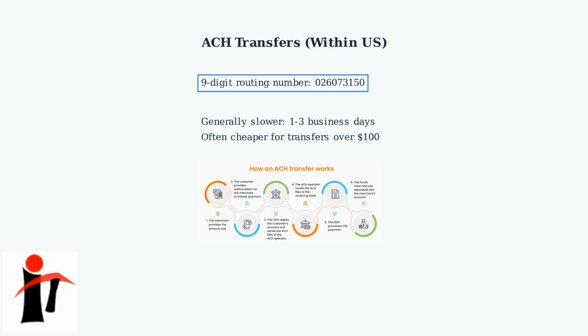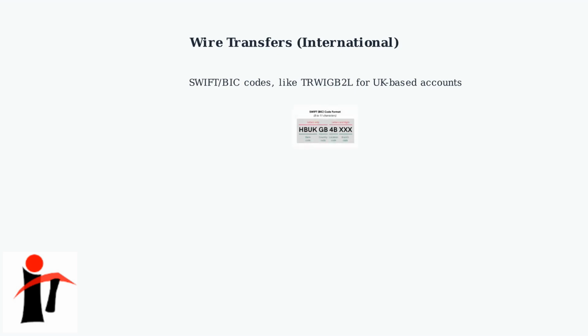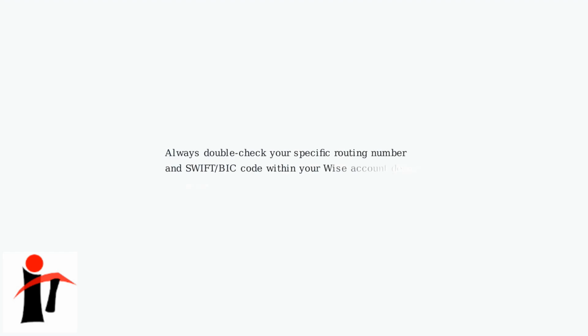ACH is generally slower, taking 1 to 3 business days, but is often cheaper for transfers over $100. For faster international wires, Wise uses Swift BIC codes, like TRWIB-B2L for UK-based accounts, alongside IBANs or account numbers. Wire transfers are quicker, often instant or same day, but usually involve fees ranging from $10 to $50 depending on the amount and currency. Always double-check your specific routing number and Swift BIC code within your Wise account details to